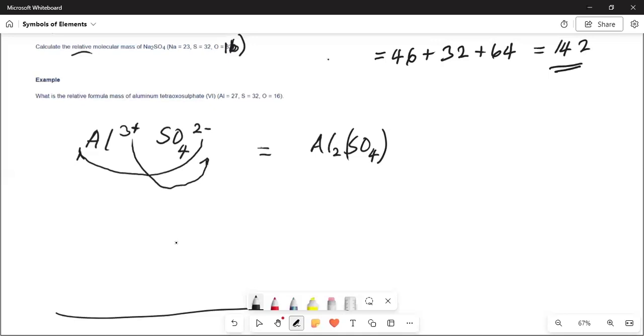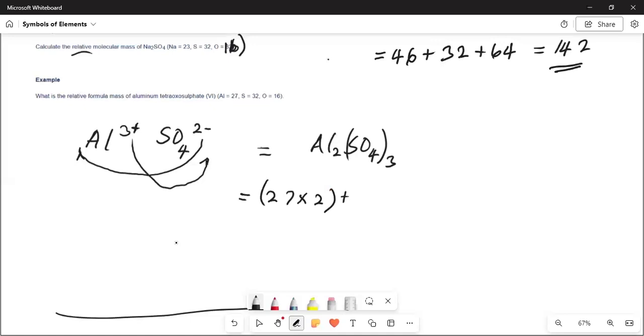So since this radical SO4 is taking this 3 from aluminum, we put the 3 here to show that in aluminum tetraoxosulfate 6, there are 3 sulfate groups. So the correct formula of aluminum tetraoxosulfate 6 is Al2(SO4)3. Now the question says we should calculate the formula mass. Aluminum is 27. Here we have 2 atoms of it, so that would be 27 times 2 plus sulfur